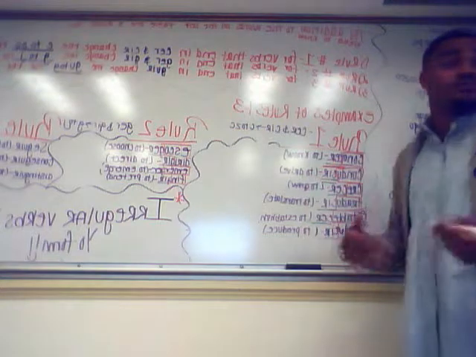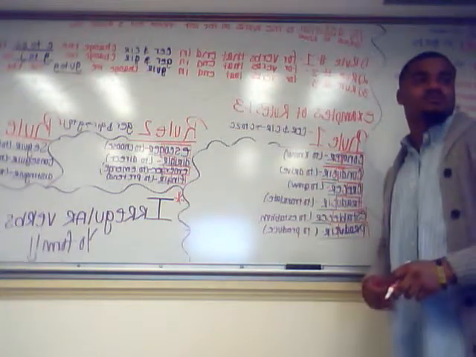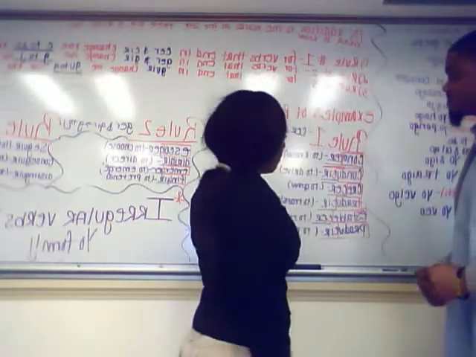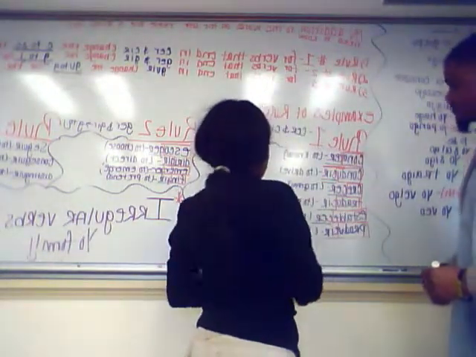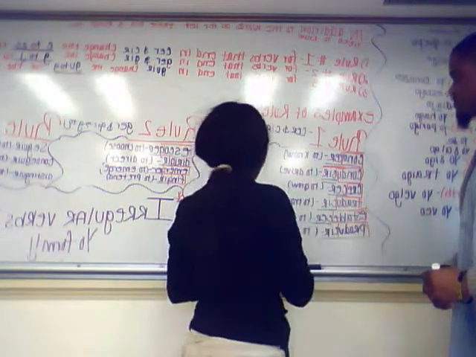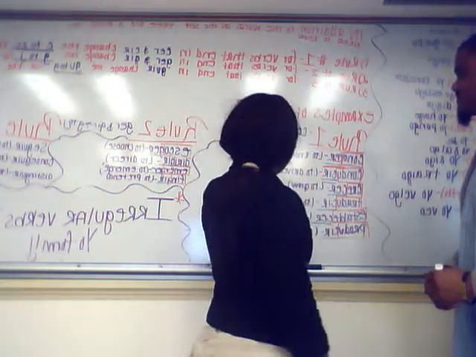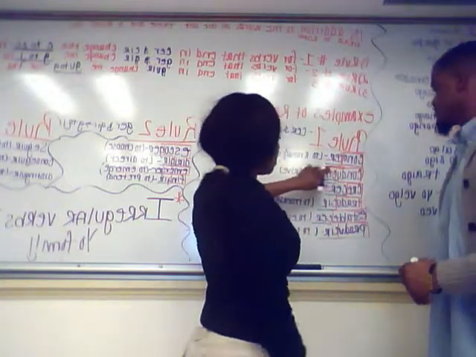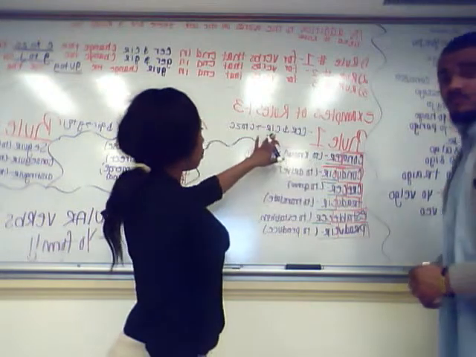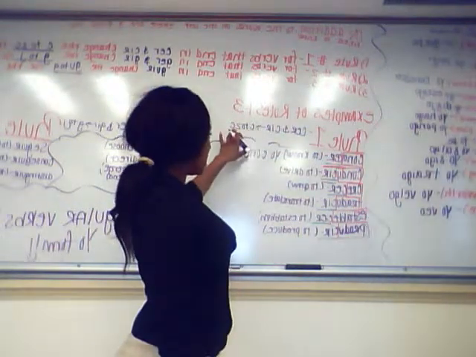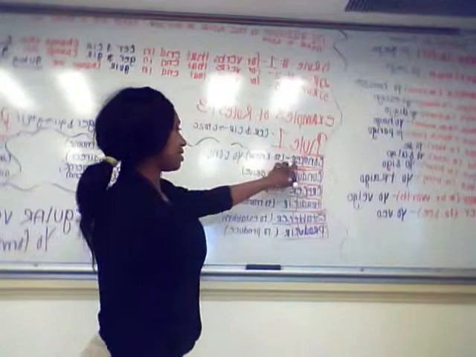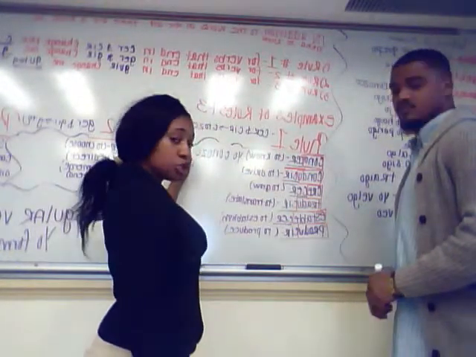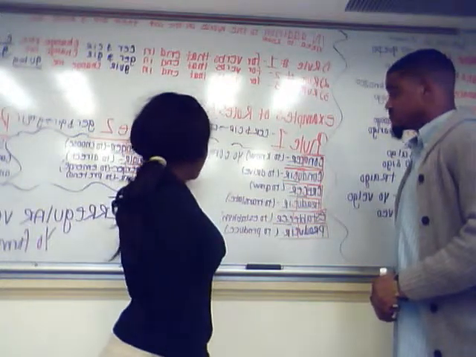Conocer, which is to know. Paige, what would you change that to? You would need to change your words to now. Remember, because we're doing it in the yo form, this is what you would need to change. Because we're changing your CER, we're going to change it to C to ZC. So now we're going to take that C out and we're going to change it to Z, C, and because we're using the yo form, we're going to add an O at the very end of it.